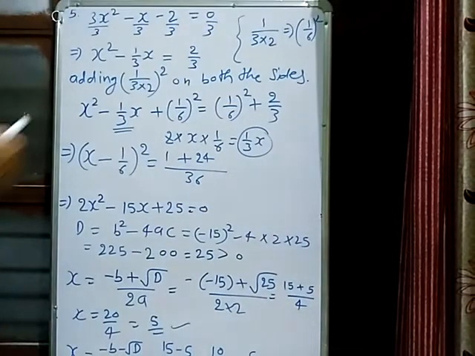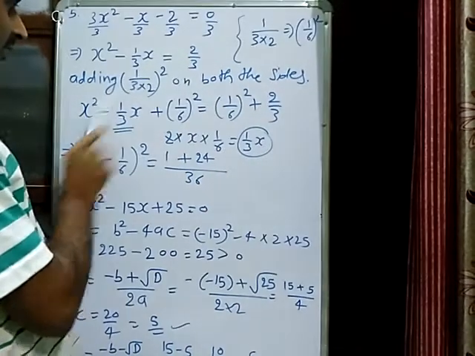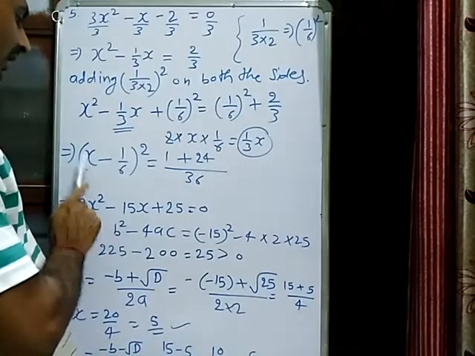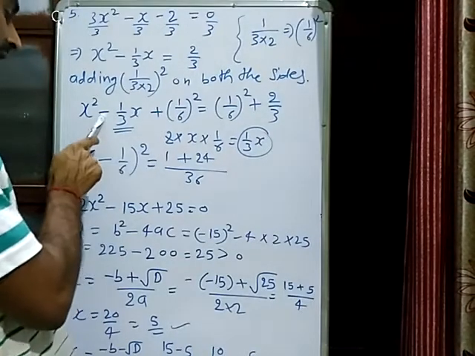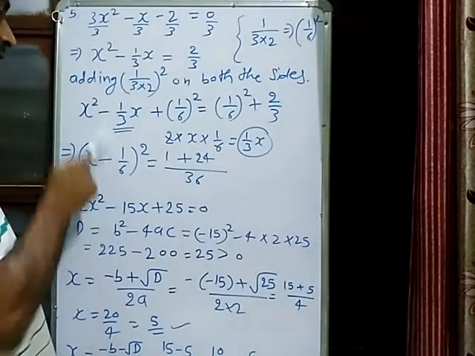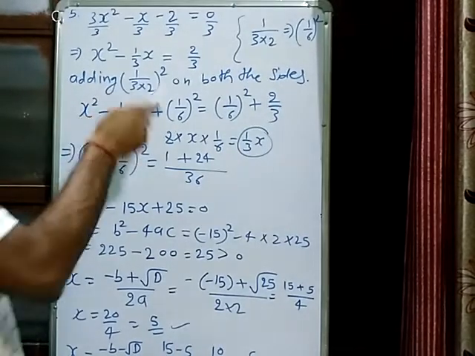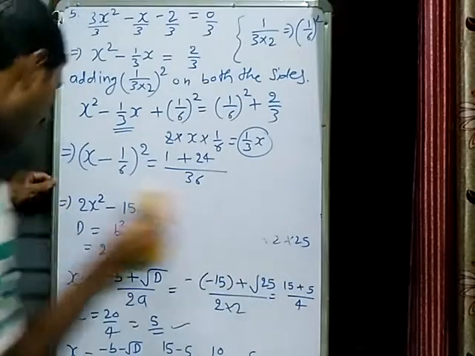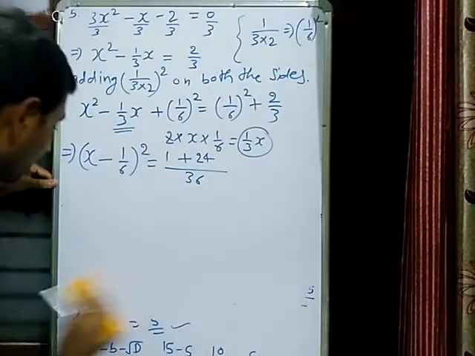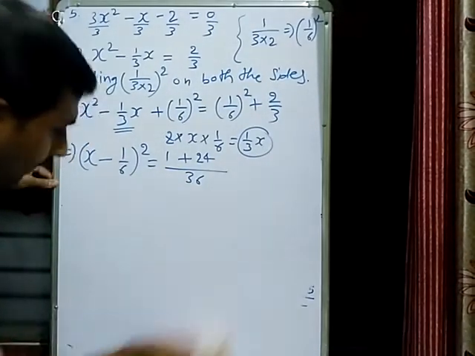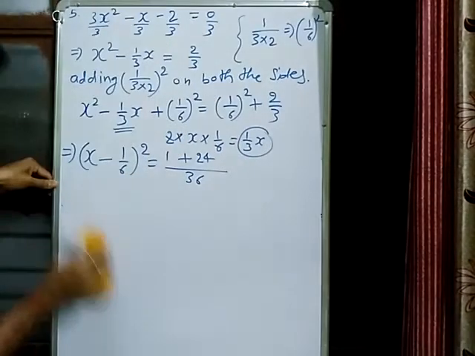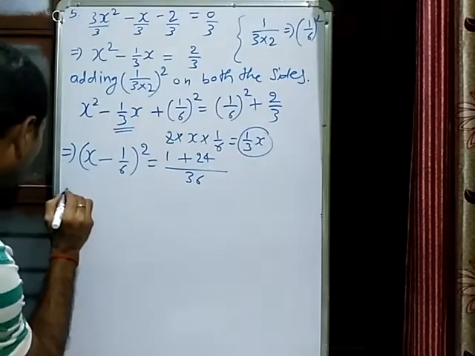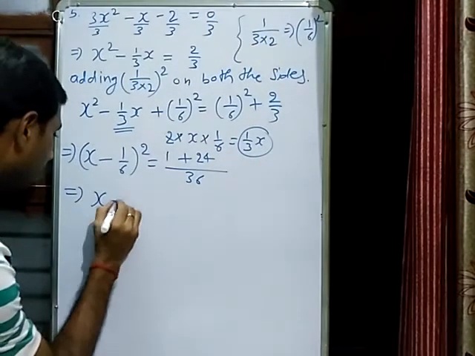If not clear, look at it again. I will explain this. Always you need to add this on both sides. Then it always changes into the form of an identity: either a minus b the whole square if the sign is minus, otherwise a plus b the whole square if the sign is plus. That's why we are halving it and adding its whole square on both sides. Some students have done this question correctly, but very few. Others have done it wrong, so please go through it and try to solve this type of question once more.